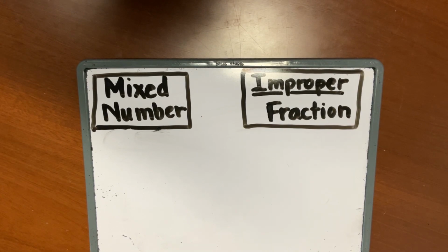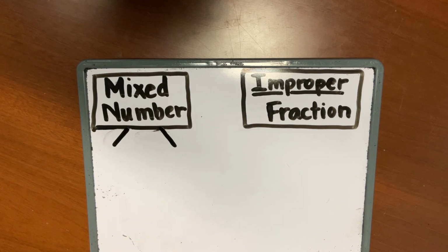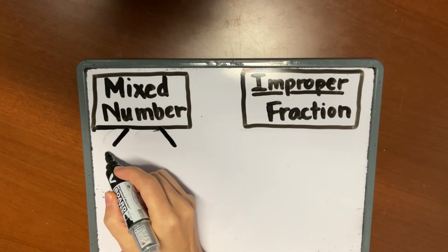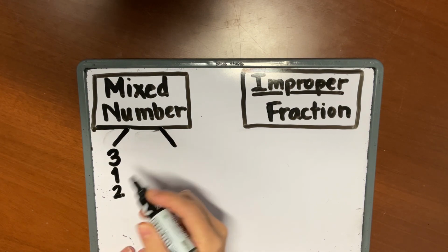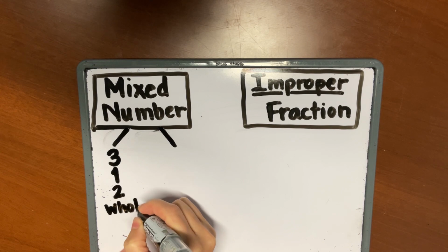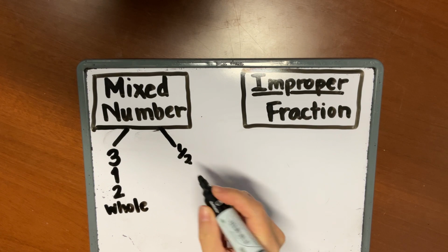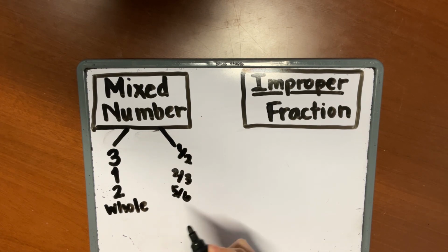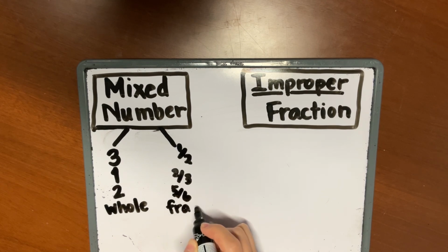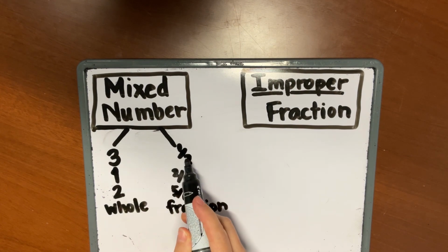Okay, a mixed number is mixed because it has two types of numbers in it. It has a whole number, such as 3 or 1 or 2. This is a whole number. And it also has a fraction, such as 1/2, 2/3, or 5/6. This is a fraction. It's called a mixed number because it combines a whole number and a fraction together, such as 3 and 1/2,